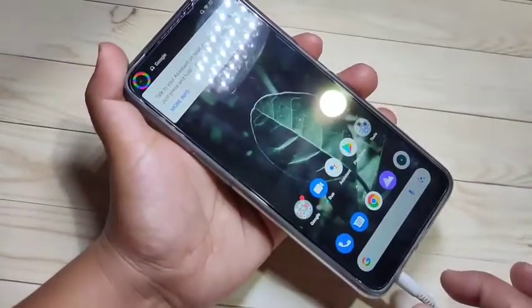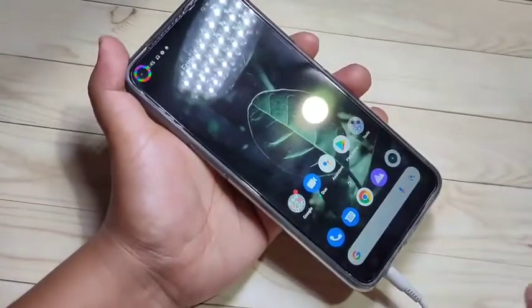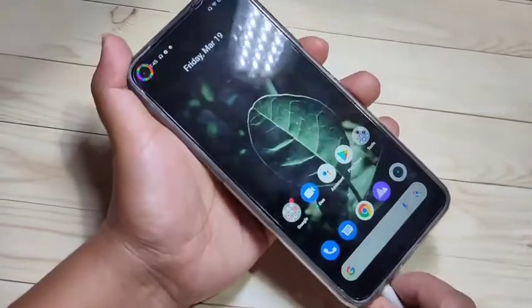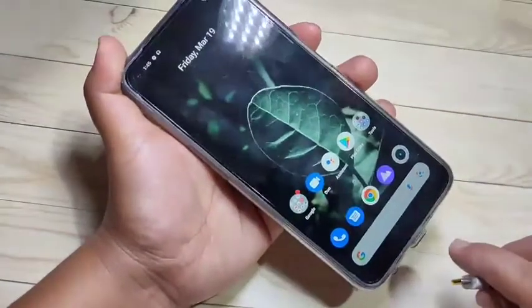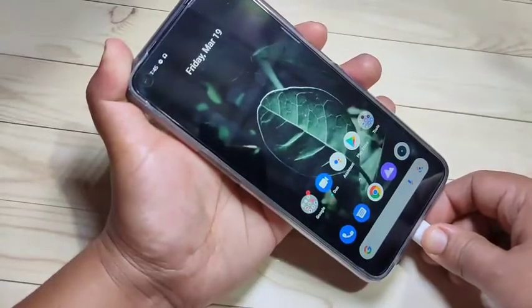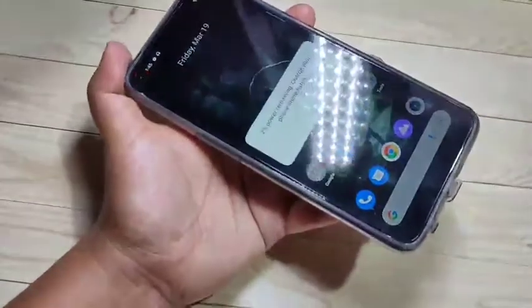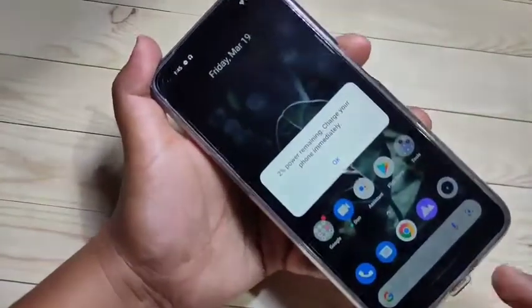You can see, right? When you're listening to music, when you're receiving a call or making a call, then all this time you can see the notification light. So here I am going to plug in my charger. Then also you can see the notification light around the camera. So you can see, right? So simply in this way you can enable the LED light around the camera in this device.